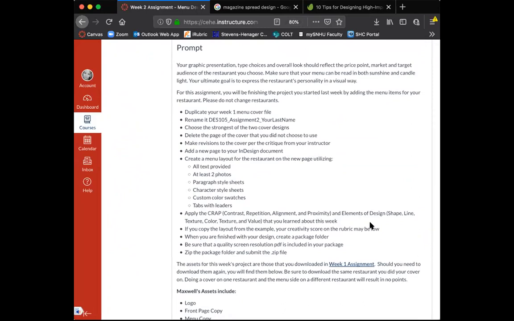Look at your menu. Are the elements telling you that this is the right price point? If not, you need to revise it. Make sure your menu can be read in both sunshine and candlelight, and your ultimate goal is to express the restaurant's personality in a visual way.